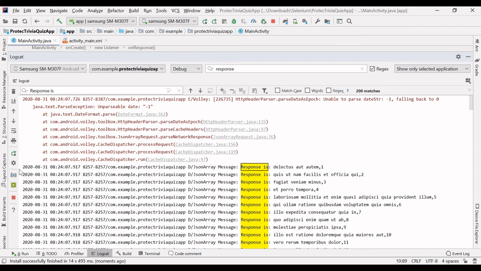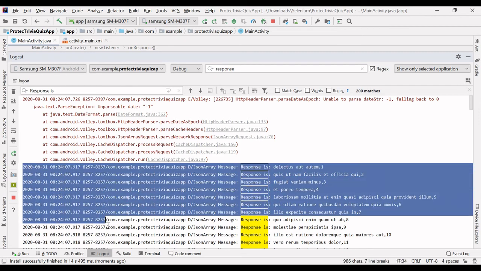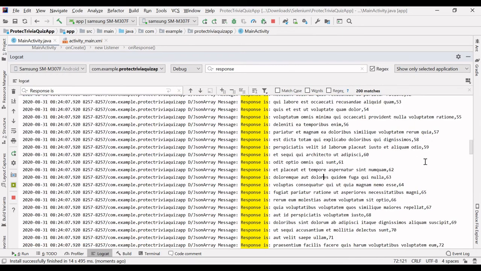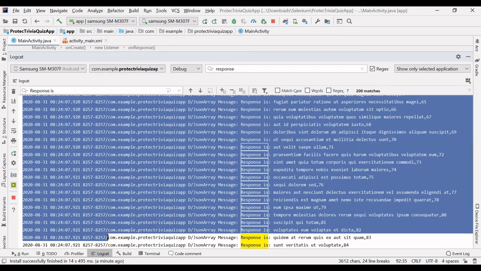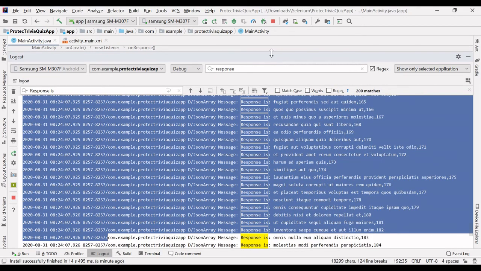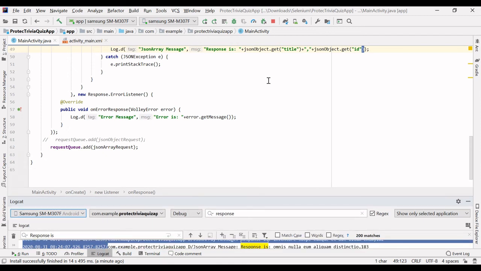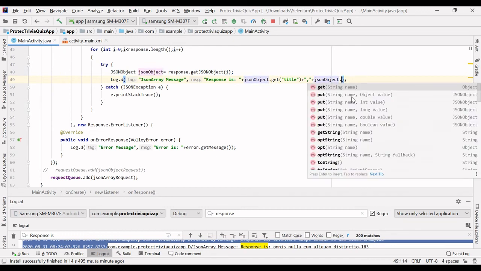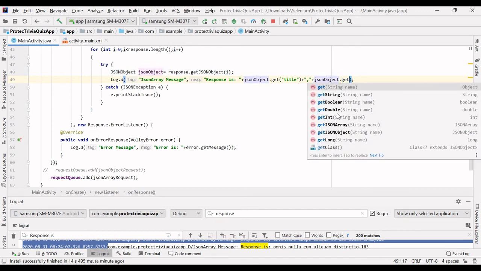For all the JSON objects inside the JSON array response, we have successfully got the ID and the title for each and every JSON object inside the JSON array. So I hope guys you have understood how we can get this.